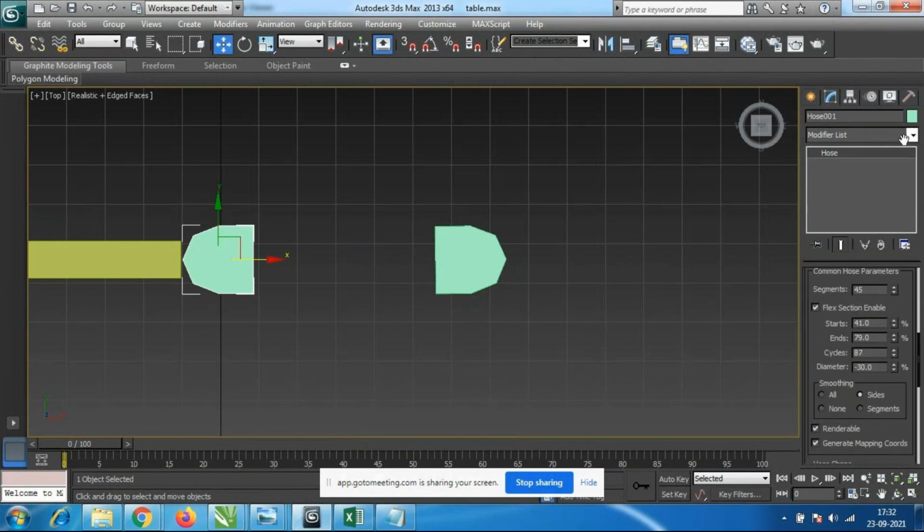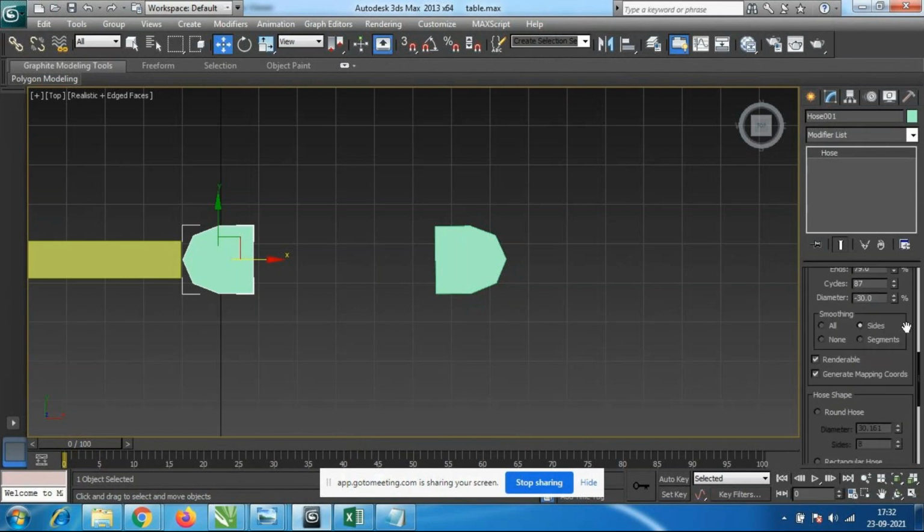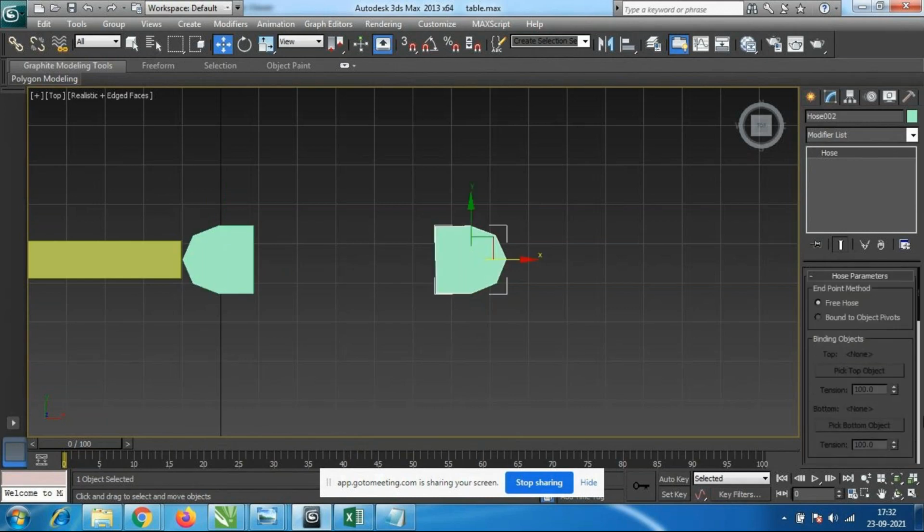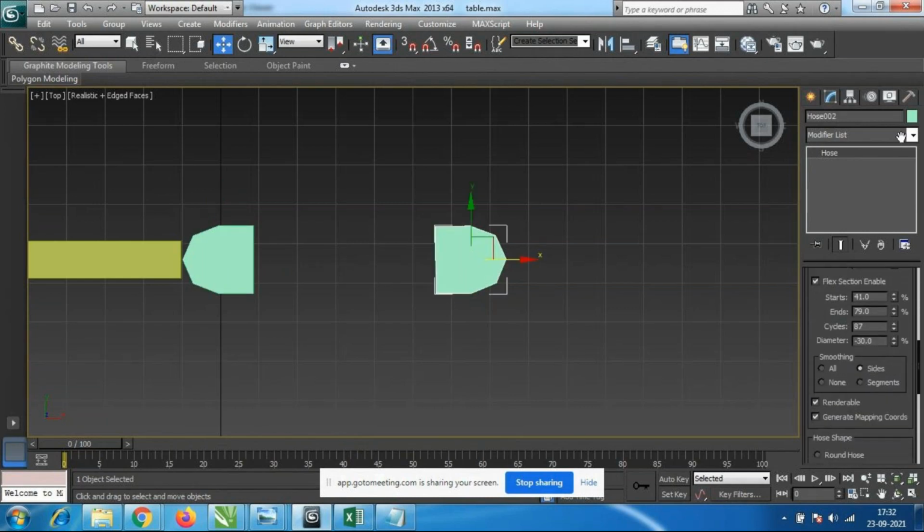So everywhere, values are very important. I have not given any rotation here, because however it has come like that only.